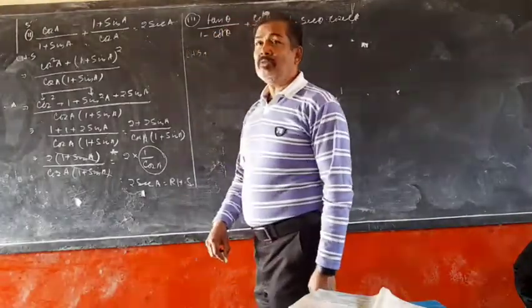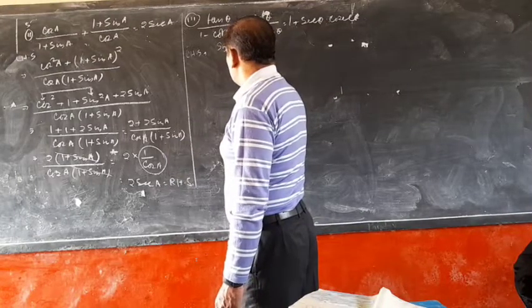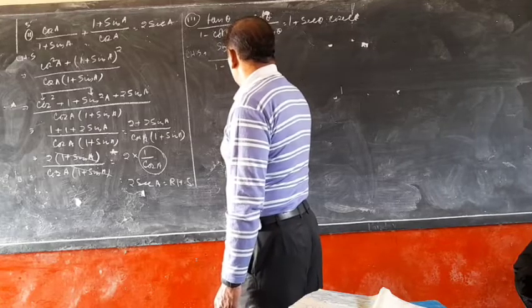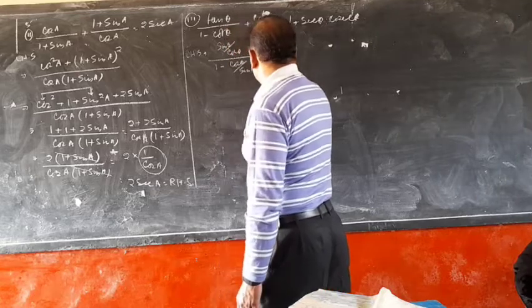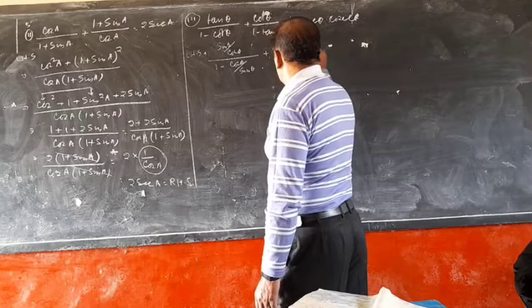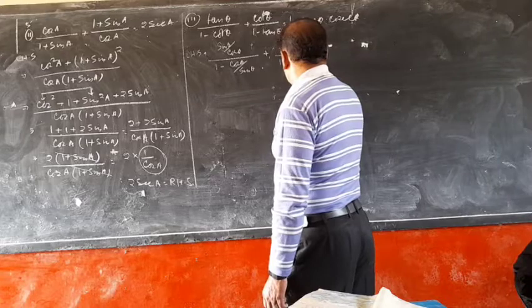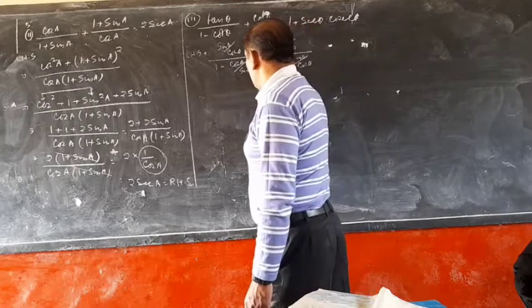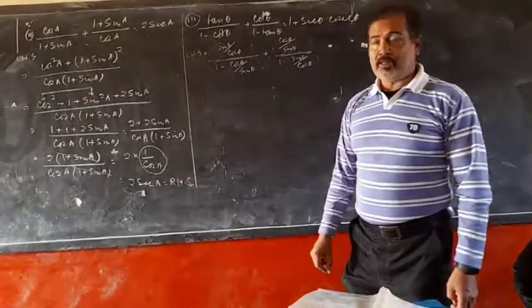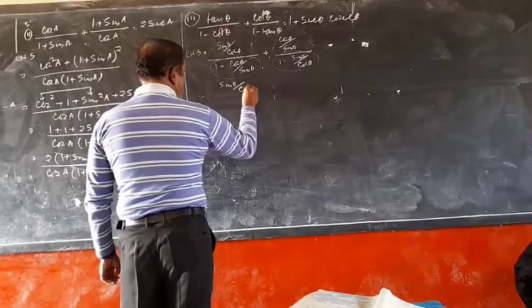Tan theta is equal to sine theta upon cos theta. 1 minus cot theta, where cot theta is equal to cos theta upon sine theta, so 1 minus this one is equal to sine theta upon cos. Now first we will solve this part, the denominator. Now this one is equal to sine theta upon cos theta.